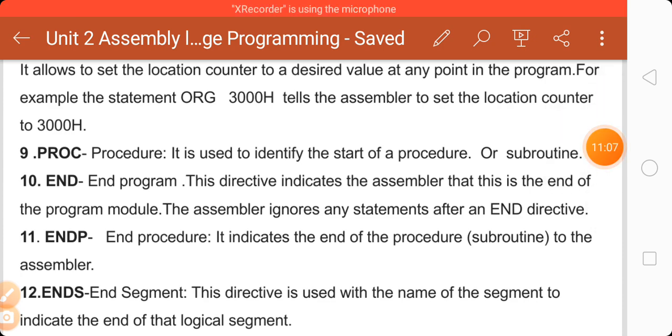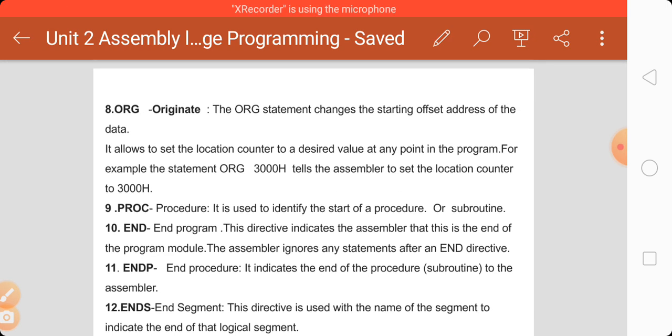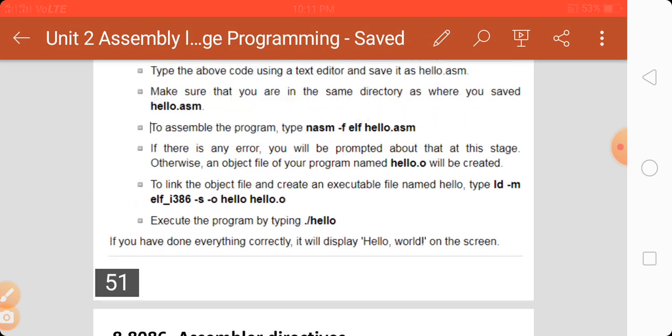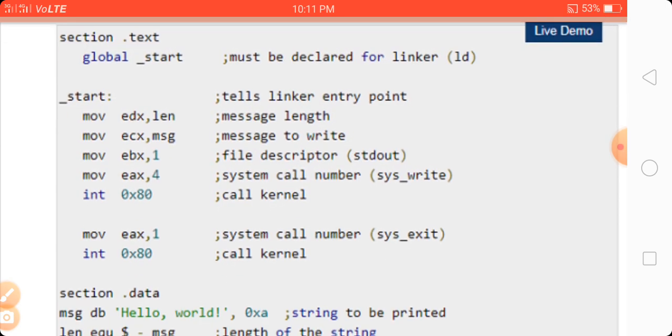Now, how these directives are used in the program, we have to check in the assembly language program. So we check the program. We already saw the program in the previous lecture.